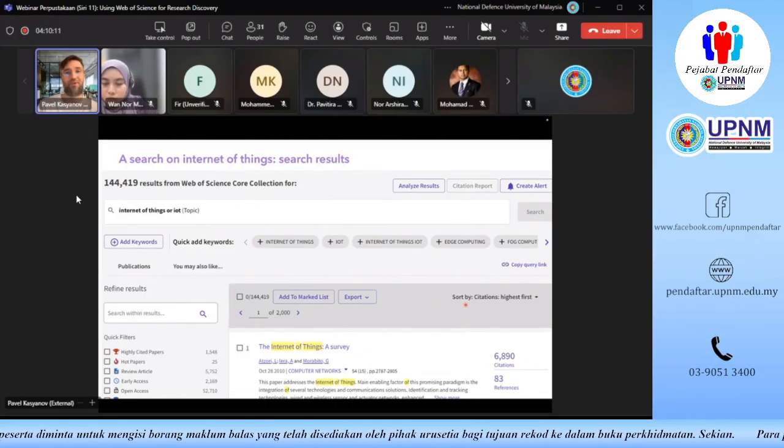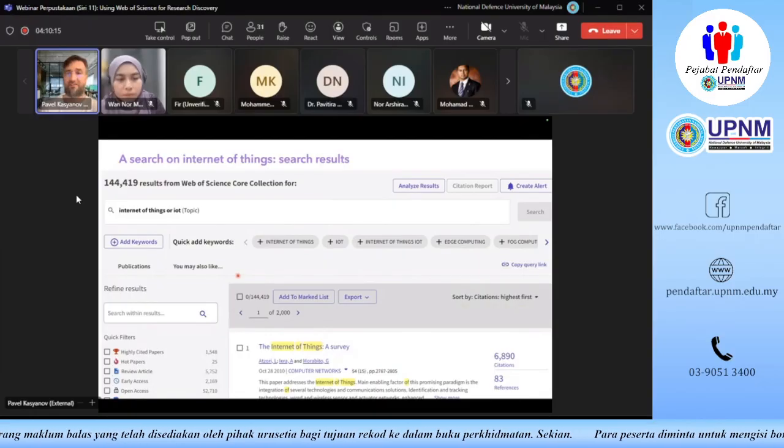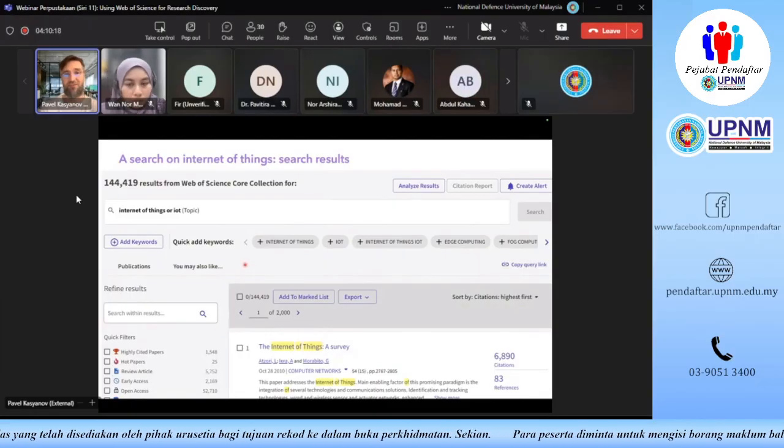What else can we do? As you can see on the results page, we have the results themselves. They're going to be on the right-hand side, and they're going to be once again sorted by the sorting that you're applying here. And we also have the refine results panel on the left-hand side.